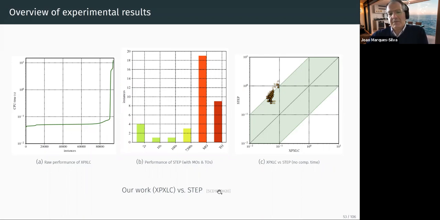We compared with STEP. So this was a tool proposed for naive-based classifiers two years ago. And this is a compilation-based approach. So you compile a representation and then you compute the PI explanation. And so these are the results for this tool, for STEP. So the reds mean memory outs and timeouts, again, because since you compile, the tool is worst case exponential in space and time. And so you can see that 19 and then 9, so 27, you cannot finish, so you cannot even compile. For the other ones, you can.